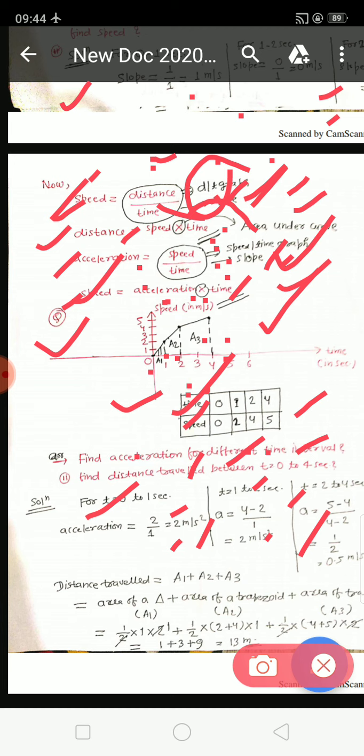Whenever there is a multiplication term in a speed-time graph, it means we have to find the total area covered by that line with respect to the x-axis. I will explain it later on; first keep these things in mind. Here, speed equals acceleration into time. "Into" means product. If a product is there in the acceleration-time graph, you have to find the area and you will get the left-hand side quantity.